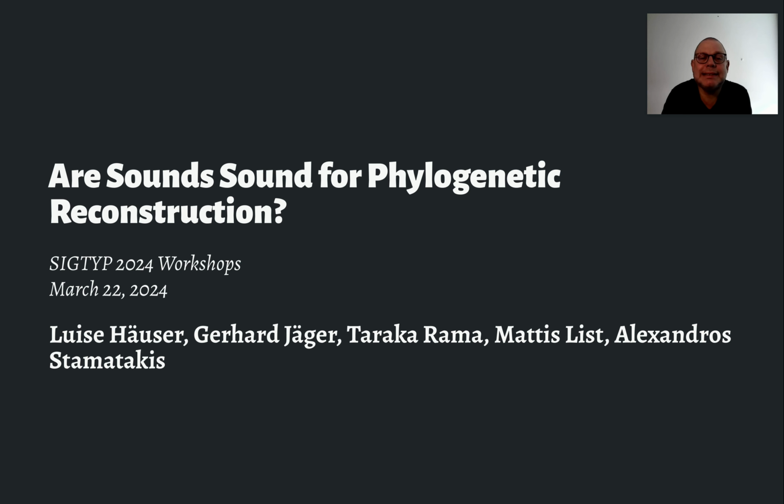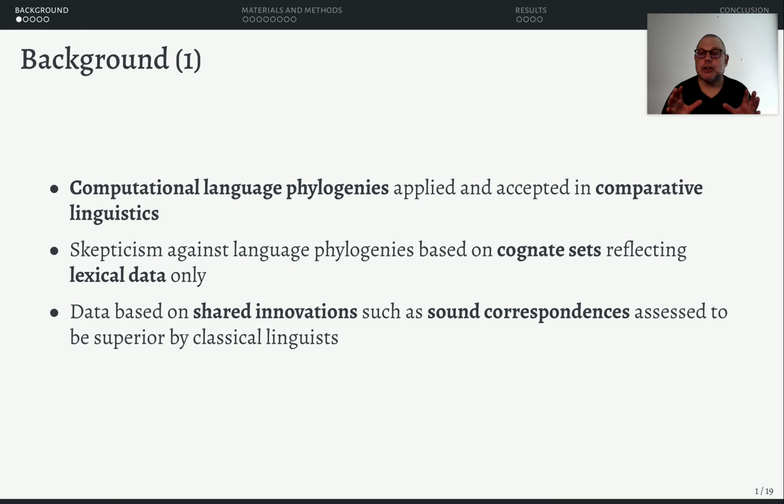Sound laws for phylogenetic reconstruction. This is a study where we compare different kinds of data for performing phylogenetic inference. Phylogenetic inference is an idea which comes from computational biology. It is a family of statistical models and algorithms